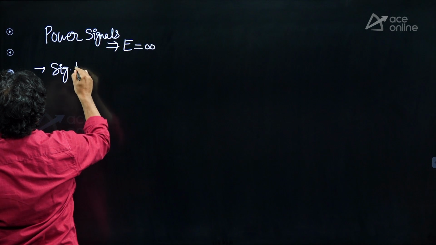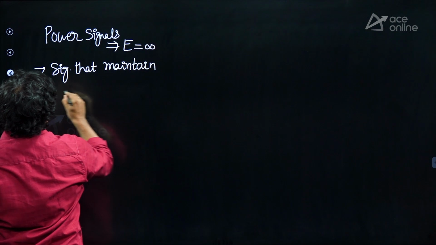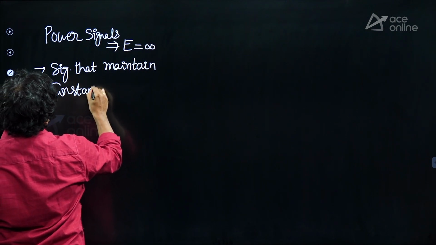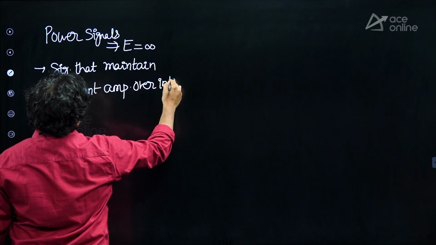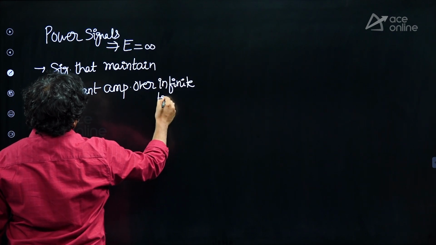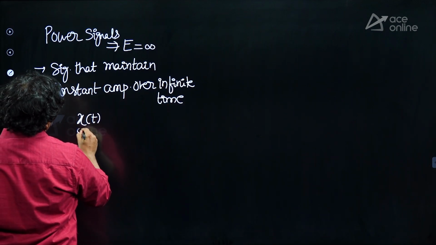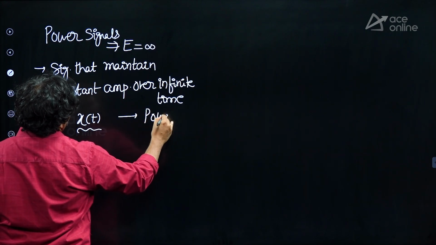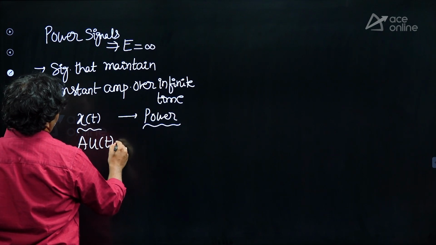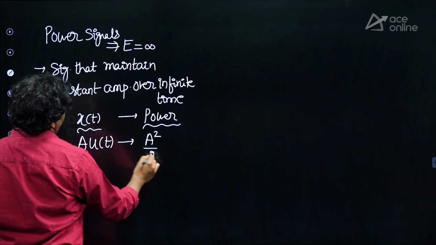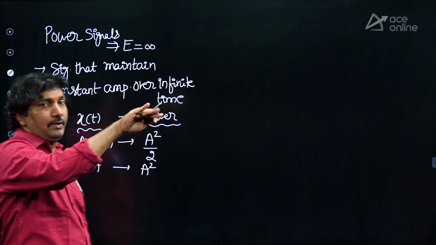Signals that maintain constant amplitude over infinite time are considered to be power signals. To tell you a few examples, suppose we have taken a step function of amplitude A; the answer is A square by 2. But when you take a constant A for all time, constant everywhere,